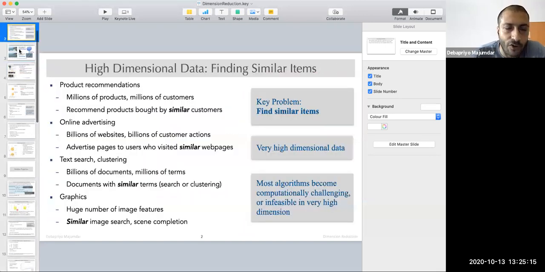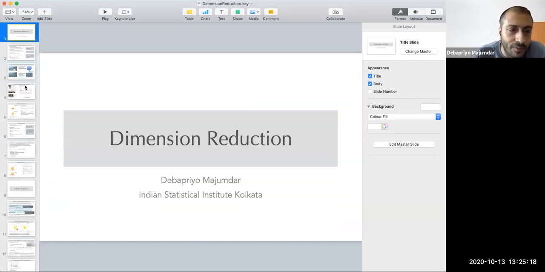dimension reduction. Some of the motivations you have already seen for min hash and all, but we are going to do dimension reduction in many different ways, essentially in a matrix based way, matrix projection or matrix factorization based way. We'll learn a few techniques on those, and then we'll see real hands-on techniques on how to apply them in case of, let's say, movie recommendation and others. Then we'll move on to recommender systems in the light of dimension reduction. Okay, so that's the plan for the next few classes. All right, any question as of now?